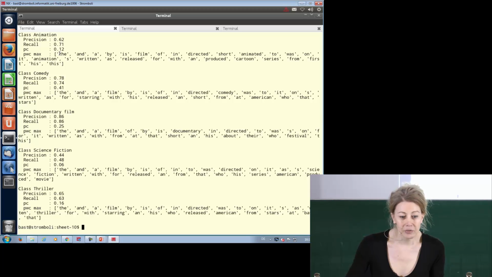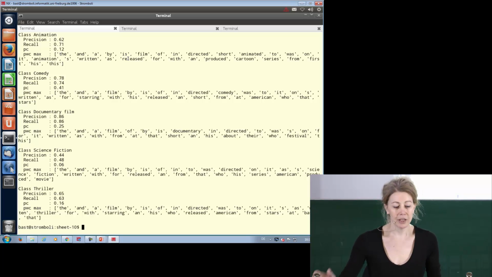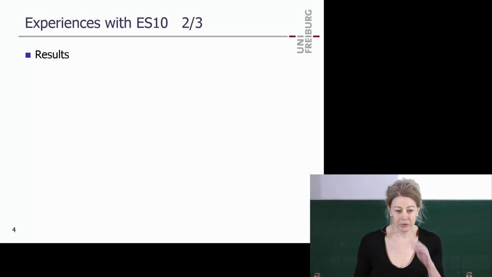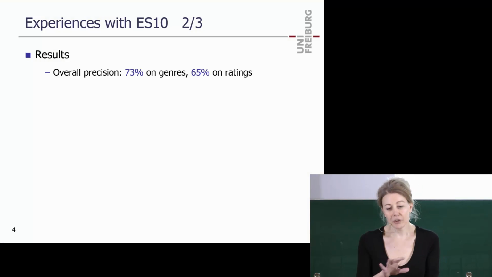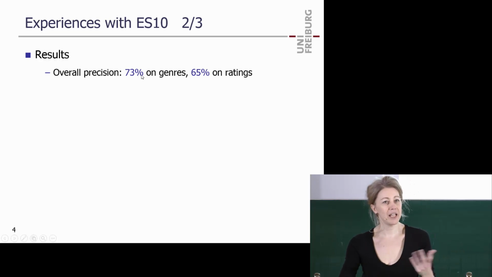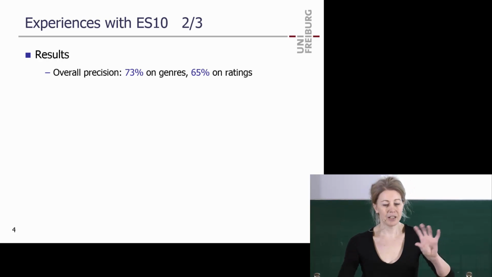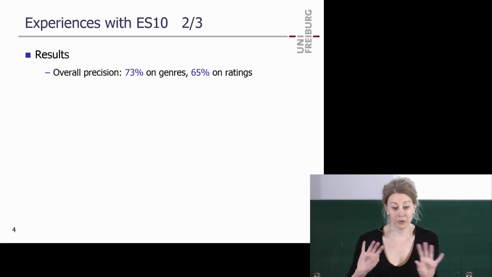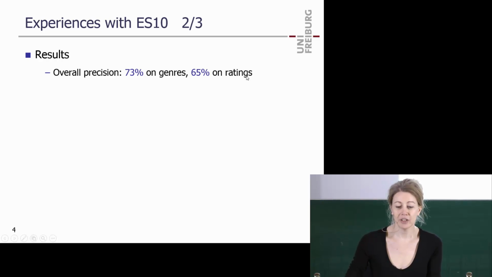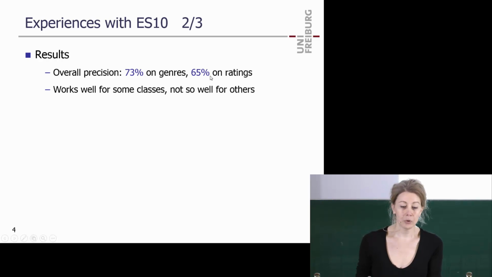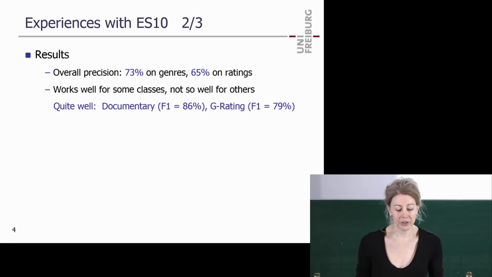So for some reason it was harder to predict this from the words. Then another thing that most of you saw, I guess, is when you look at the words, you get a lot of frequent words, right? Let me just summarize this on the slides before I go back to this and show some more. So this was the overall precision. It's like 73. It's not bad. It's not great, but it's surprising that it works so well, right? You're predicting something like the genre just from words, without any understanding of the words, just from statistics. So it's not bad. On ratings it was a bit worse. It worked well for some classes, not so well for others.